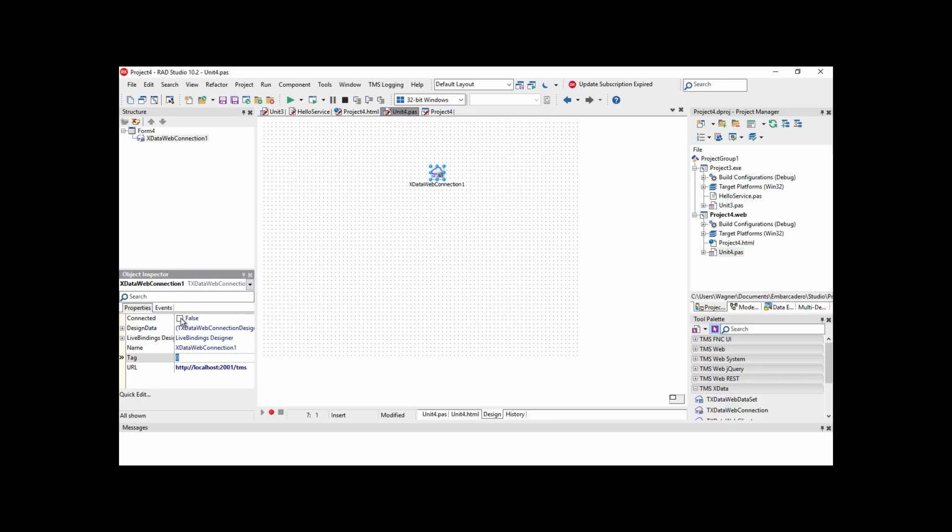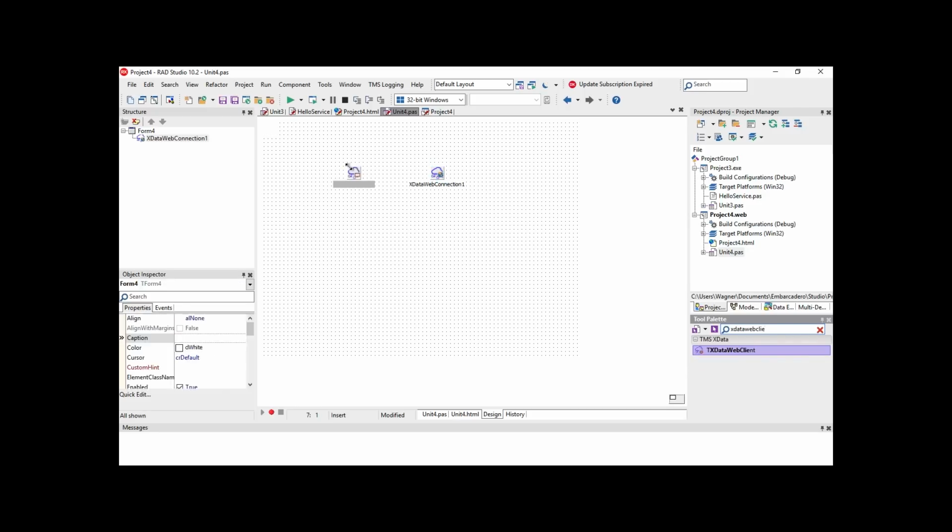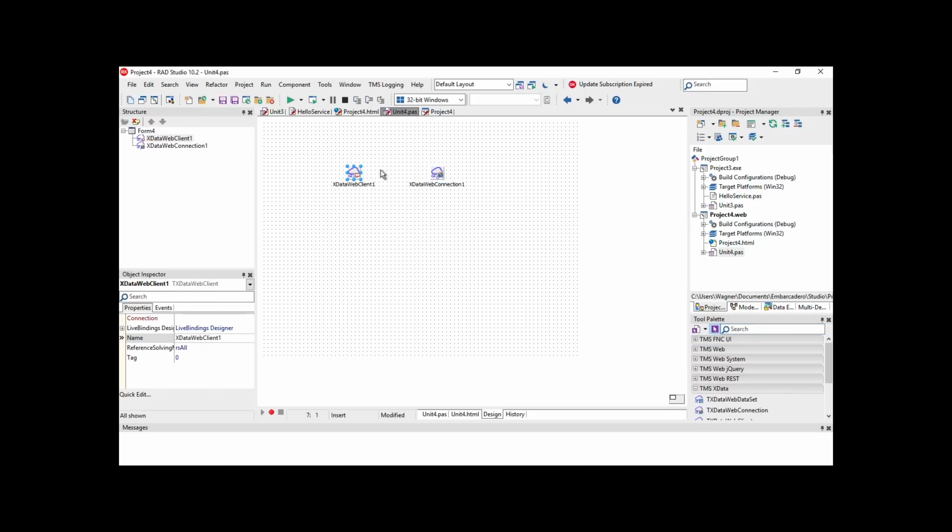If I click connect here, it will actually connect to the server and retrieve meta information from it even at design time. So it's connected and it's working. And now I need an XData web client that will be used to perform low-level requests. It's not as low level as HTTP requests, but it's low-level requests to extract data from the server and execute methods like the sum. So after I drop a TMS XData web client component, I assign it to the connection,